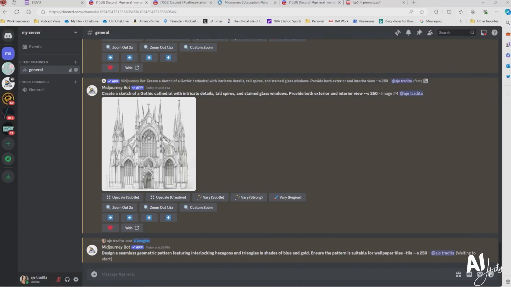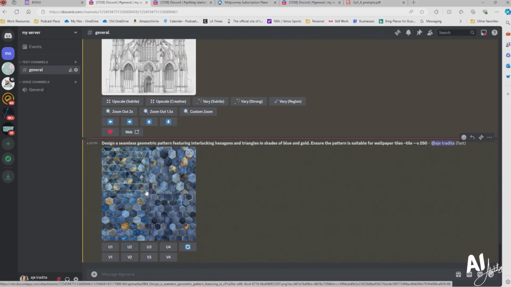Now, what should happen here is that it should make a pattern and give you 4 different options with some controls at the bottom. So you can re-roll the same pattern if you don't like what you get, and that'll give you 4 new images. If this works correctly, they should all be repeating tiles. You can also upscale or try new versions. And if you don't like what the AI gives you, you can try a different prompt. Okay, so